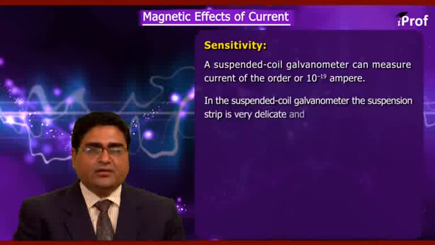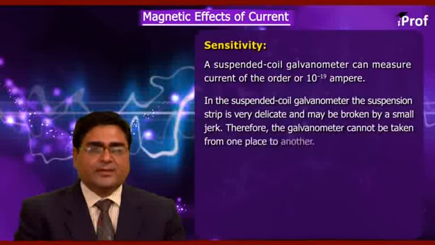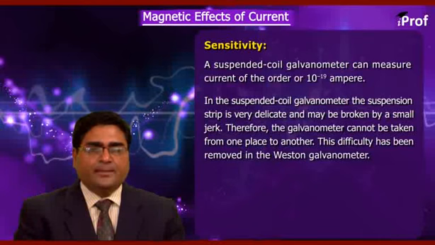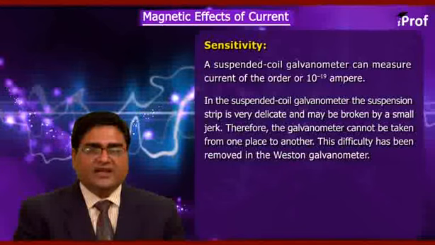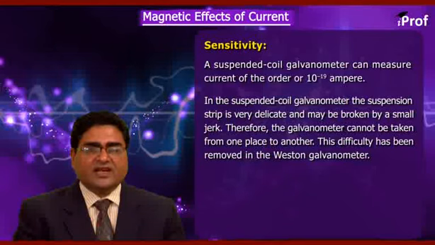In the suspended coil galvanometer, the suspension strip is very delicate and may be broken by a small jerk. Therefore, the galvanometer cannot be taken from one place to another. This difficulty has been removed in the Weston galvanometer,